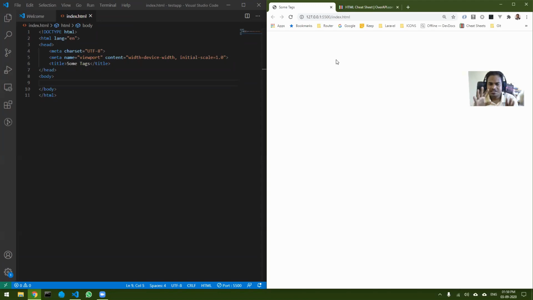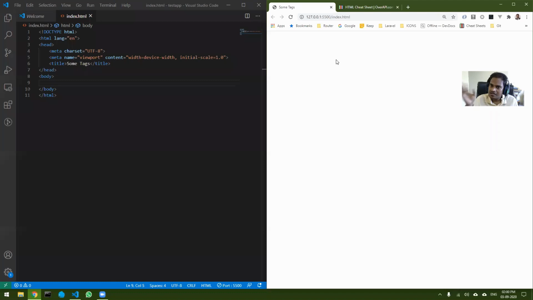Just understand this much. Whenever I explain to people the difference between HTML and CSS, I say to consider HTML like an unfinished building. The building is your HTML.